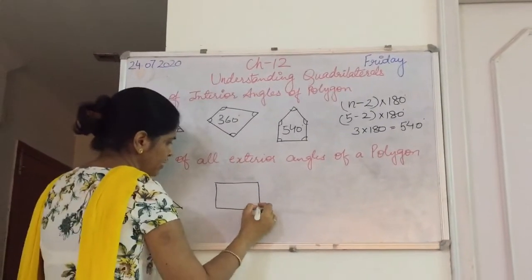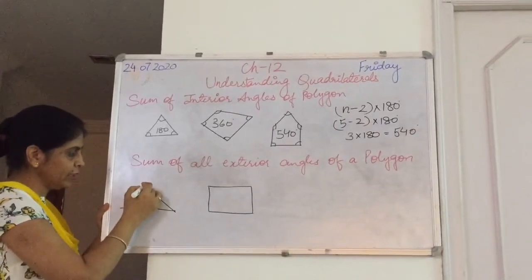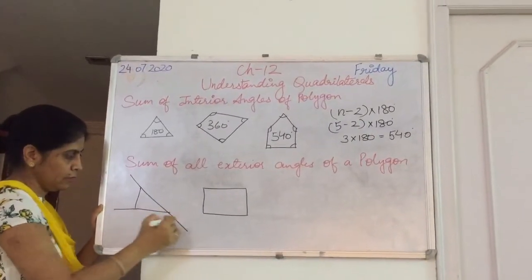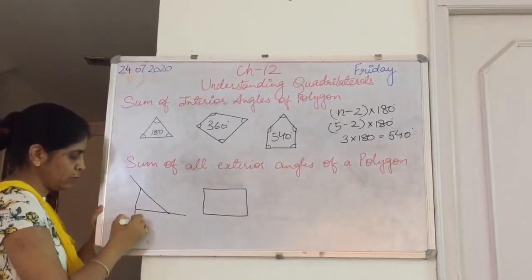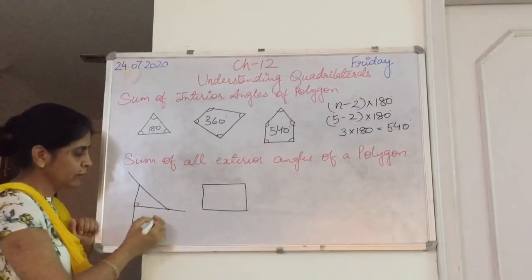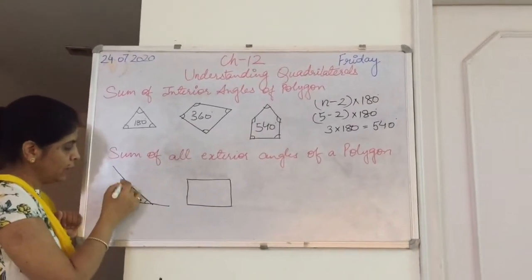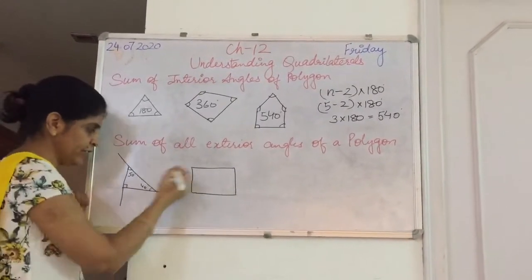Why am I taking a rectangle? It is easier for all of you. Now what I am doing, I am just extending the lines. Yes, or you can extend from this way or this way. Clear? Now this is a right angle triangle, 90. Let us take 40. And this is 50 degrees. Clear? Rectangle we discuss later.